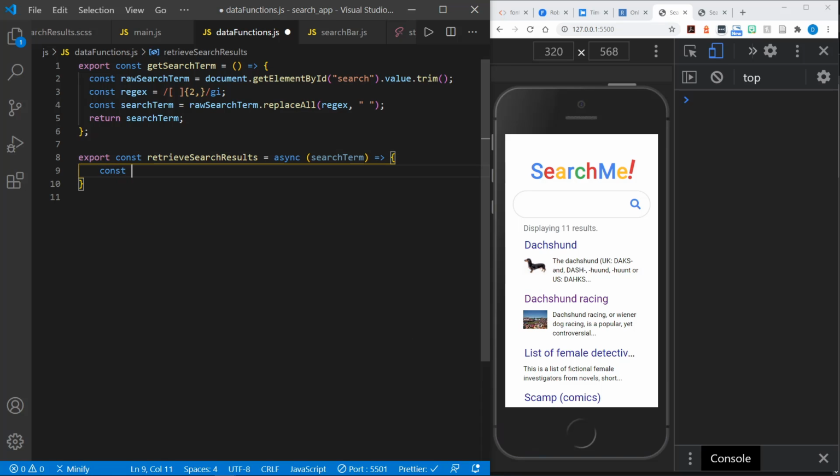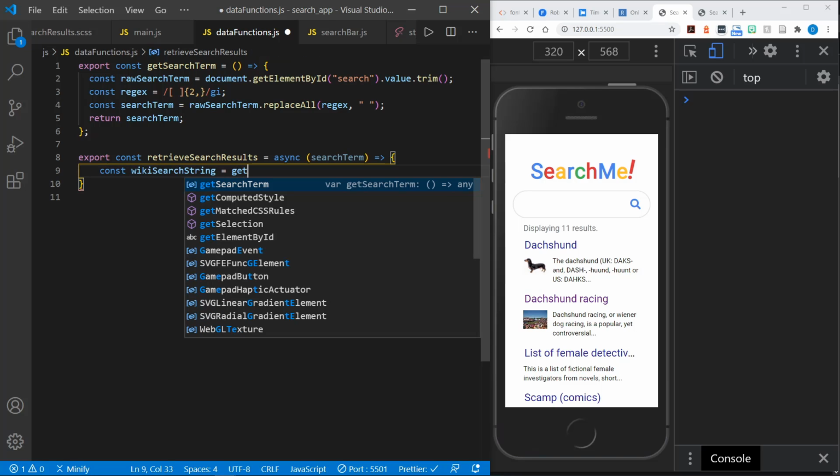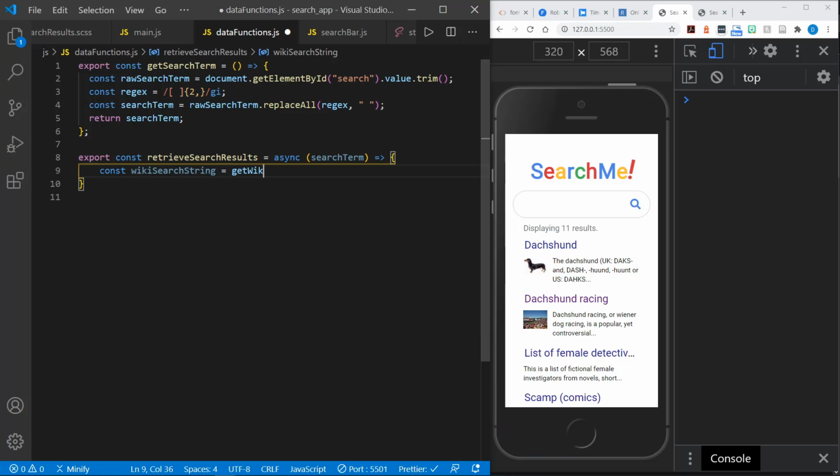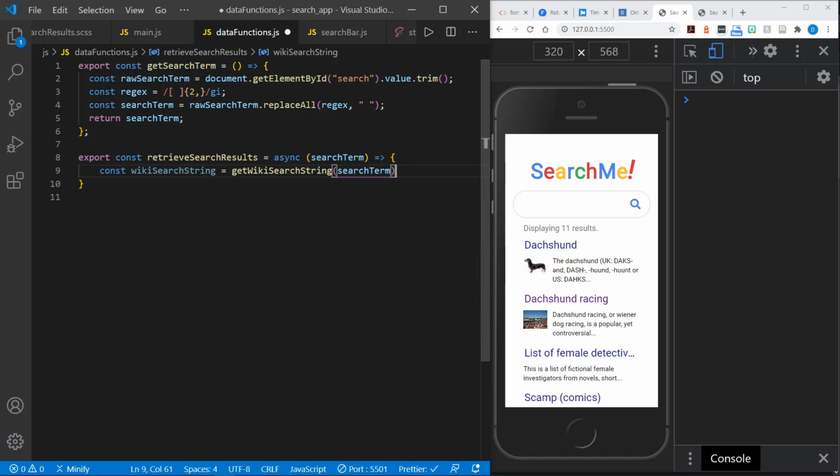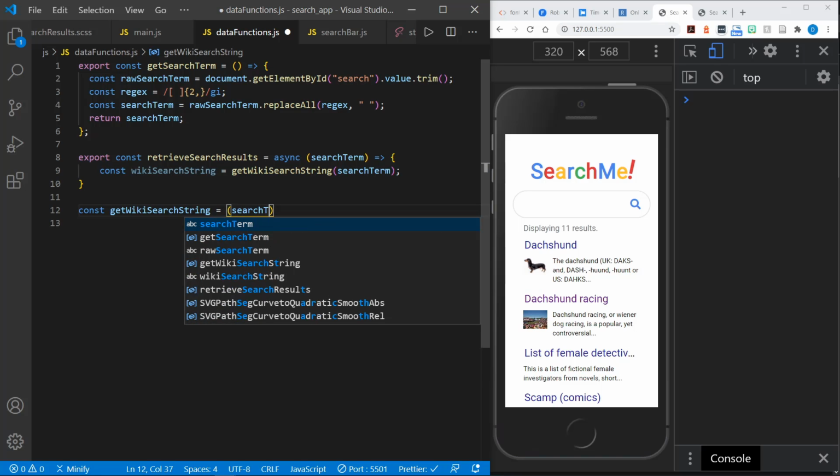I'm going to define a wikiSearchString, and that will be set equal to getWikiSearchString, which is a function, and that will receive the search term. So now we need to define getWikiSearchString. There we go. getWikiSearchString equals searchTerm,